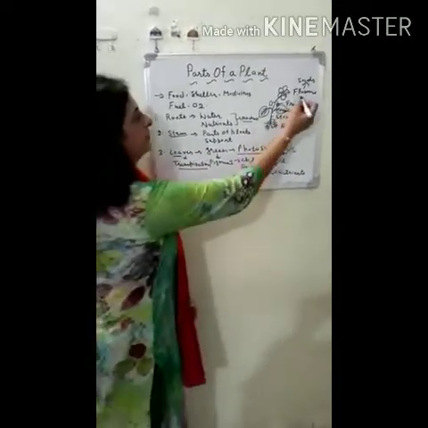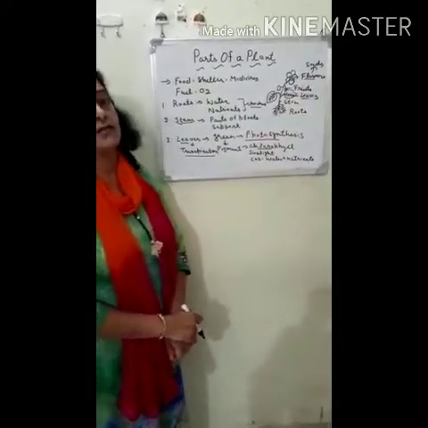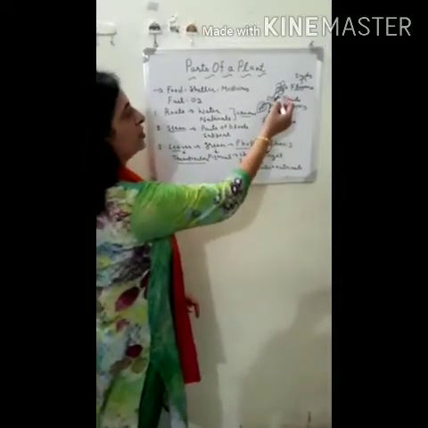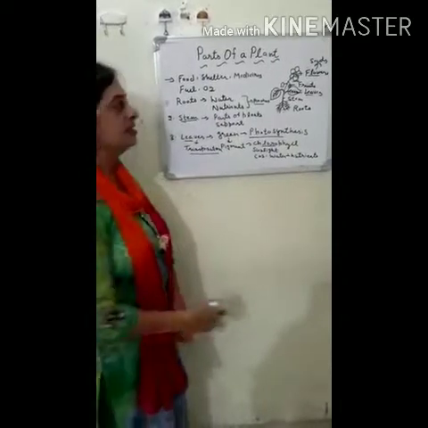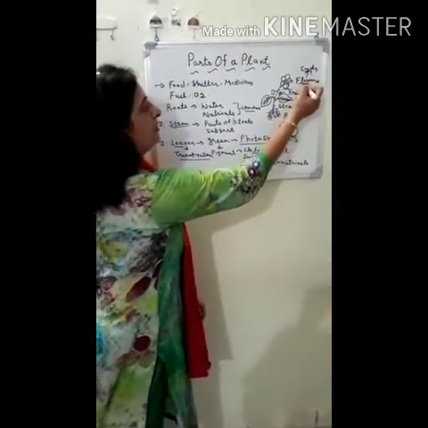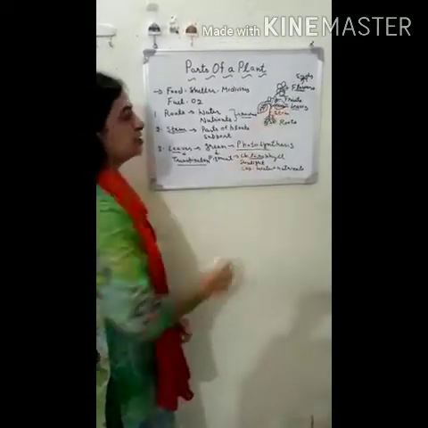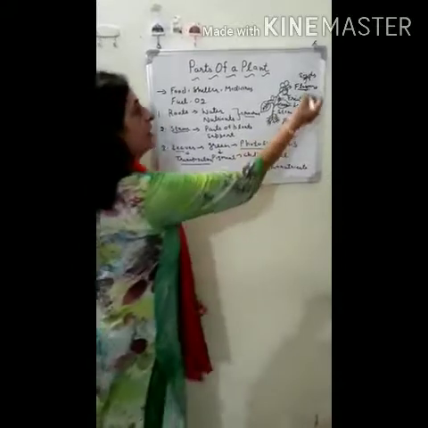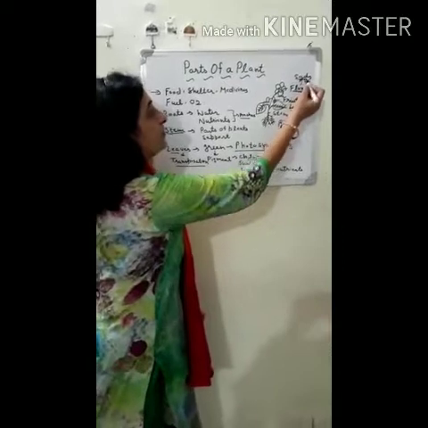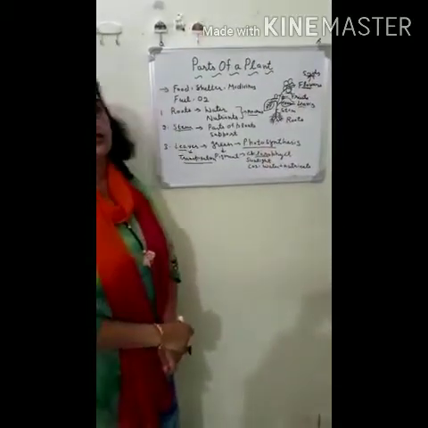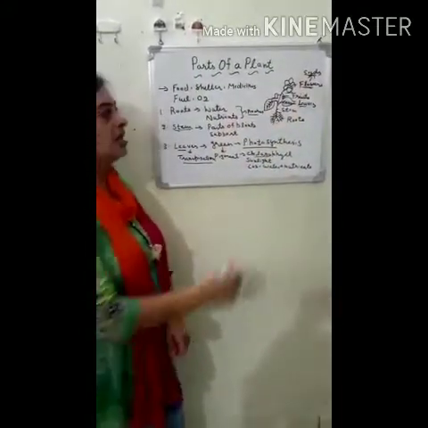Now after that, flowers. Flowers are the most attractive and reproductive part of a plant. It is the most attractive, reproductive and colorful part of the plant, and the seeds are produced in the ovary of the flowers. Fruits are the fleshy part which protects the seeds, and the seeds have the plant material that grows into a new plant. So these are the different parts of a plant.